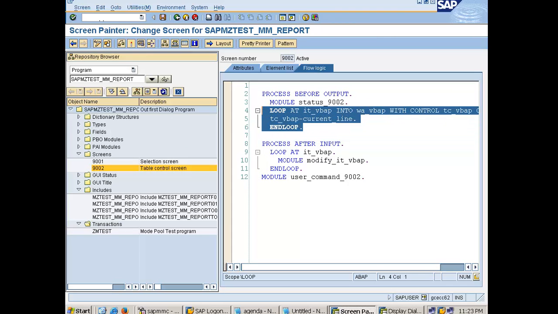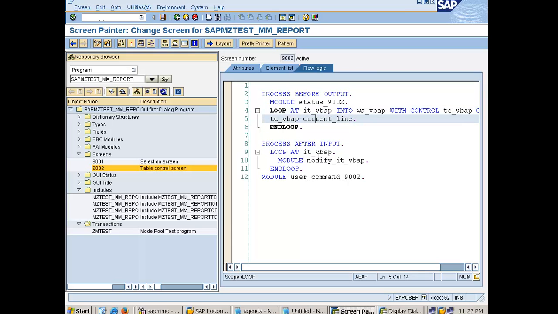First, loop with internal table into work area, which will also have the table control and cursor on the current line. Second is just loop at internal table. In this we have modified. Now